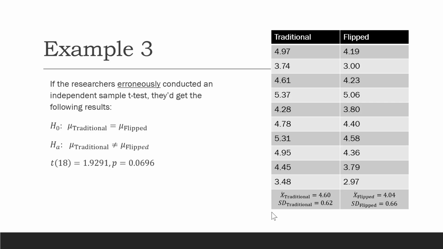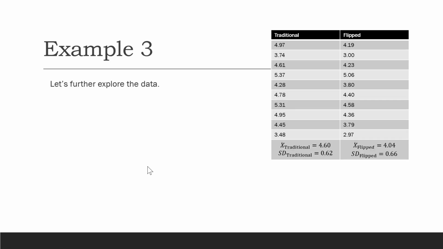And so our test statistic, if we were to use the independent samples t-test, would be 1.9291 with degrees of freedom equal to 18, and this will be the p-value. If we're using the significance level of 0.05, we're going to see that we will fail to reject our null hypothesis, and we see that there will not be enough evidence to conclude that there's a difference in the amount of time that the students spend studying outside of class. For those AP chemistry students, right? And so that will be the results we would get if we were to do this using the independent samples t-test. However, I want to look at this data a little bit more